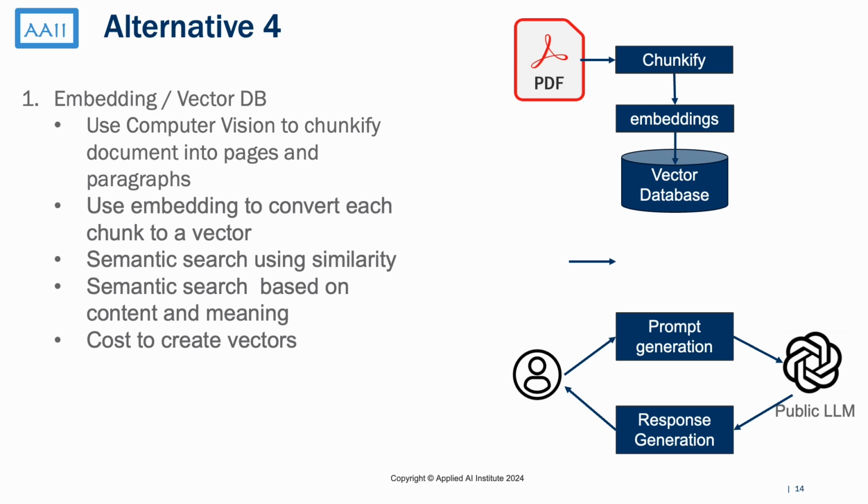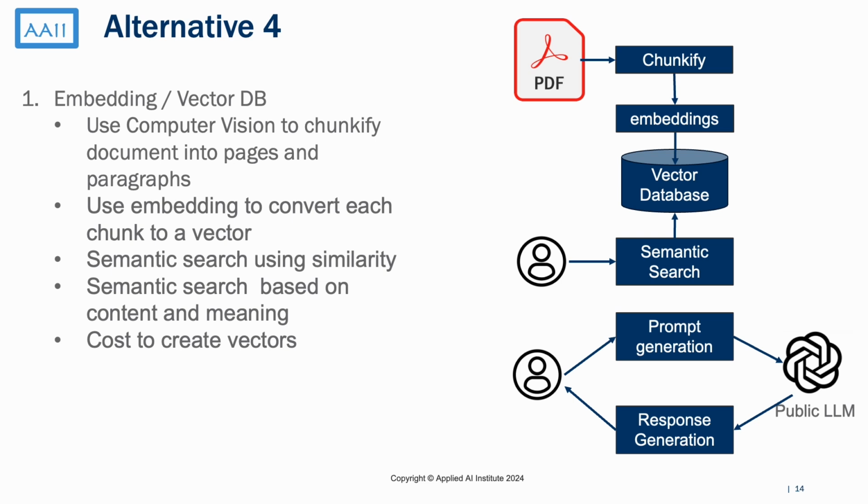The next step in our journey is a semantic search based on similarity. By using these vectors, we can find connections between different pieces of text that go beyond just keyword matching. We are matching based on the context and the underlying meaning, which is a game changer for retrieving accurate information.